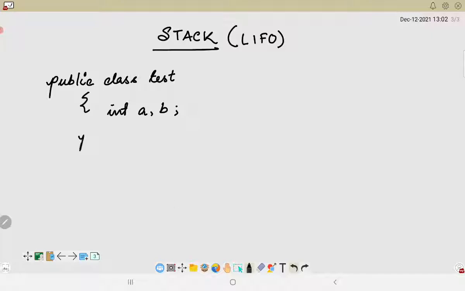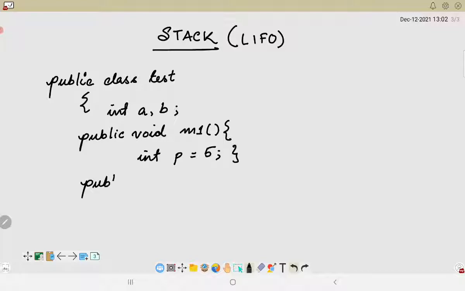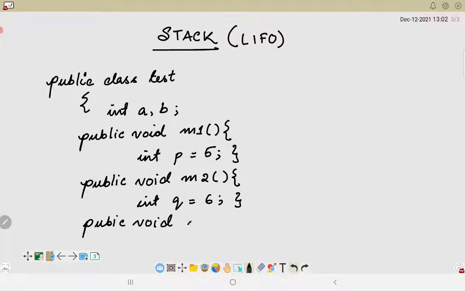Now here we will have different methods: public void m1, and within this let us keep int p = 5; another method, public void m2, and here similarly we will have int q = 6; and the last one, public void m3, and here let us keep int r = 7. And let us close this class.